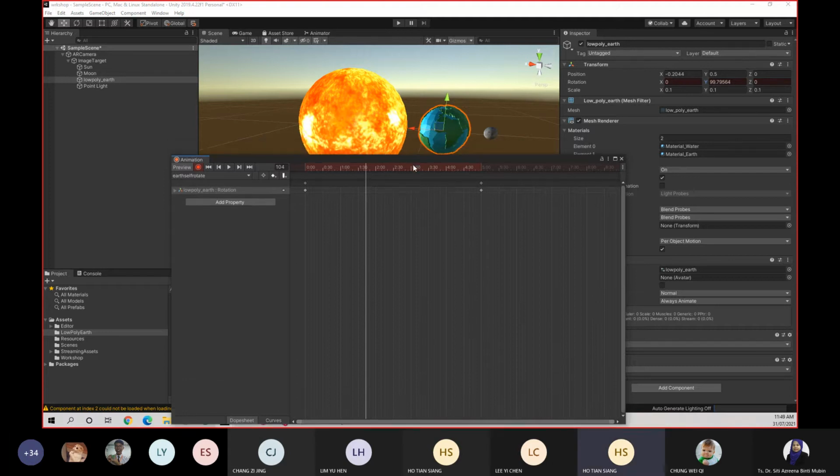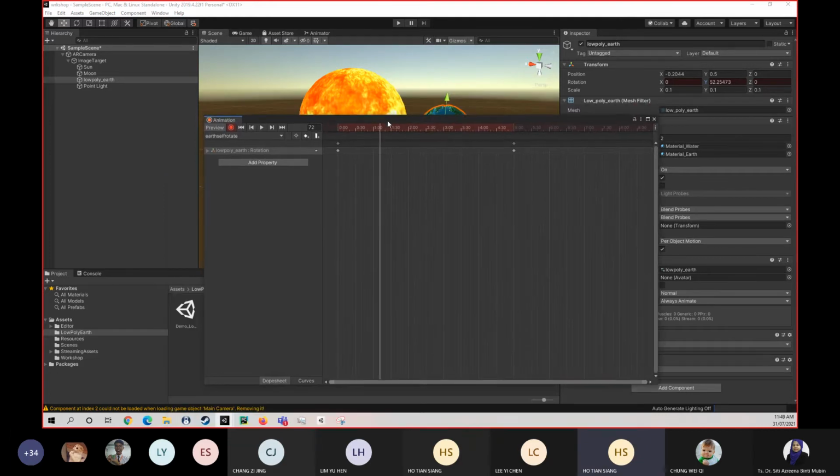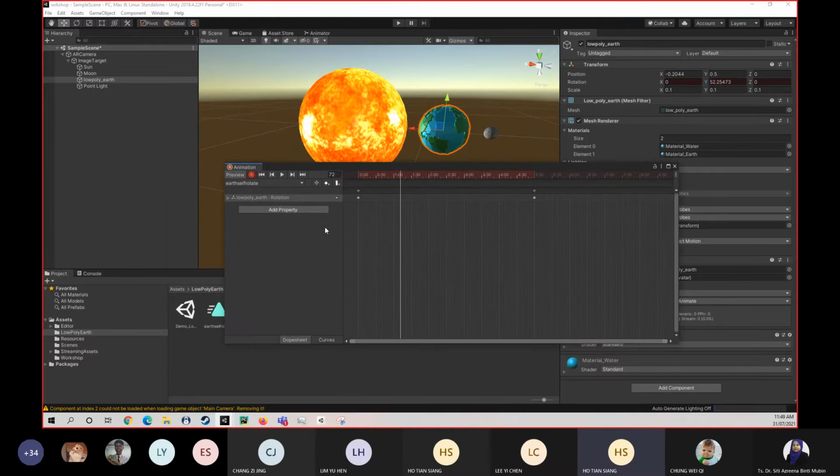So as you can see, the speed of Earth is not constant. If you're going fast in the middle part and then slowing down at the start and at the end. So the middle part is fast, and then you slow down at the end. So what you need to do here is, under this